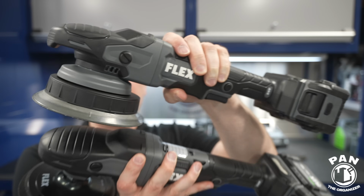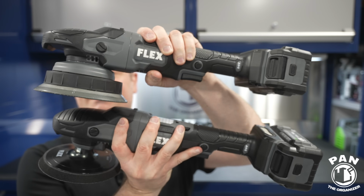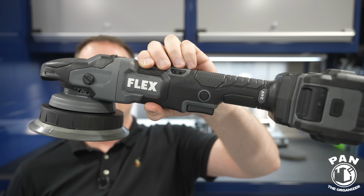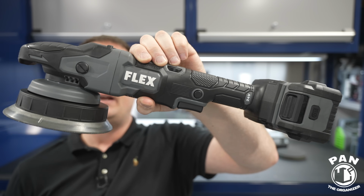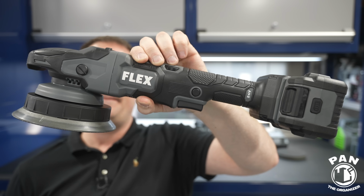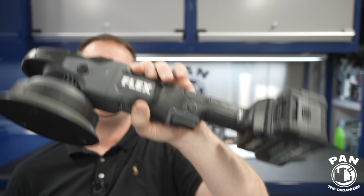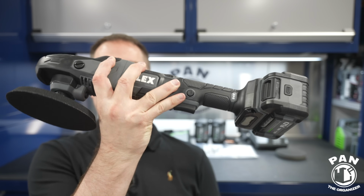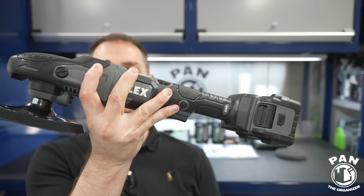Today, I'm reviewing brand new cordless polishers from FLEX. This is their new 24-volt lineup. So first of all, we have this one here. This is the gear-driven or forced rotation random orbit polisher. Again, battery-powered 24-volt architecture. And the other one that I got is this FLEX rotary cordless polisher, again in the